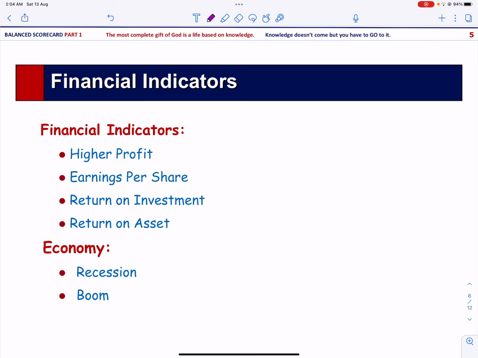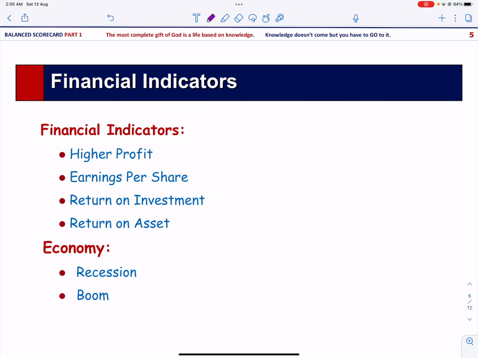Not only this, since profit is an indicator of good or bad performance of the manager, he will either increase the selling price or decrease the cost to maximize the profit. He will be least concerned about its bearing on the customer satisfaction or employees' motivation. So the companies need not only the lagging indicators, rather they also need leading indicators.